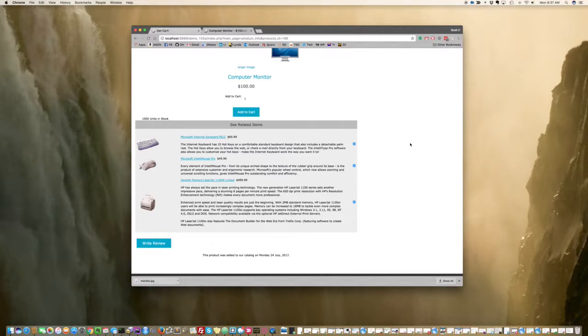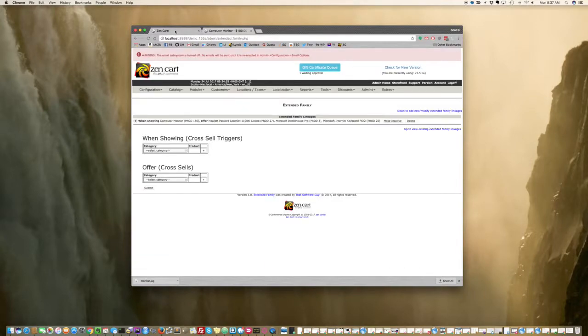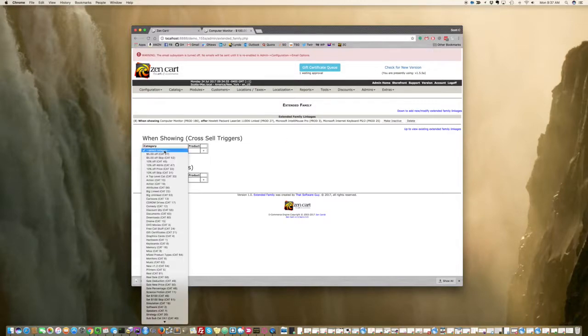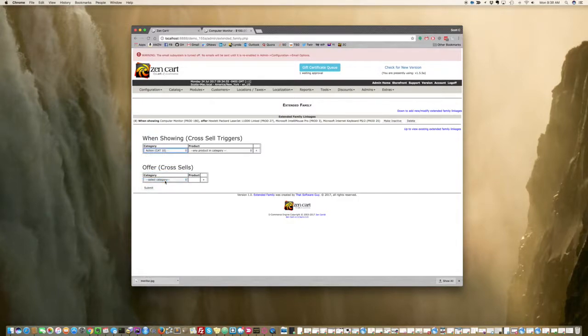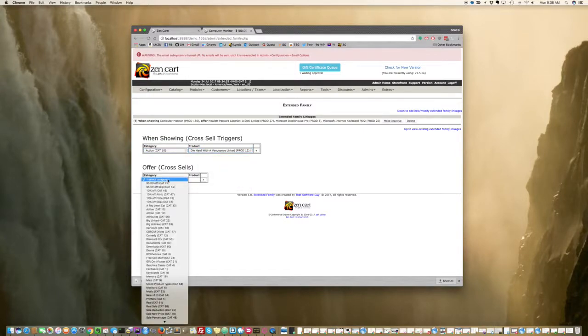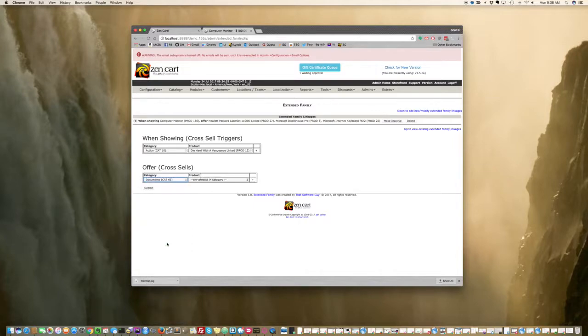Now remember, we talked about products with no attributes. How does it look when a product with an attribute is offered in an extended family offer? Let's go ahead and take a look at an example of that. So we'll create a new offer, and we'll start with the action movies category, and we'll select Die Hard, and we'll say when Die Hard is shown, please also give an extended family offer for the screenplay as well. And that's a PDF document. So we'll go ahead